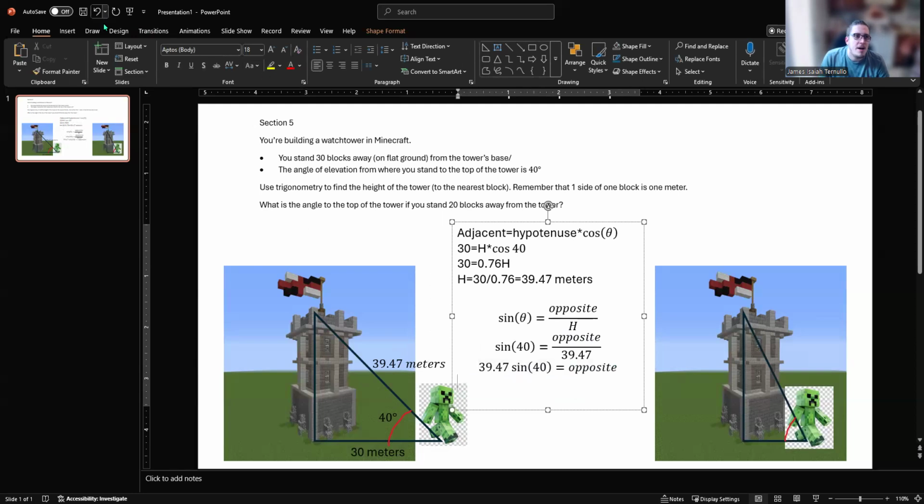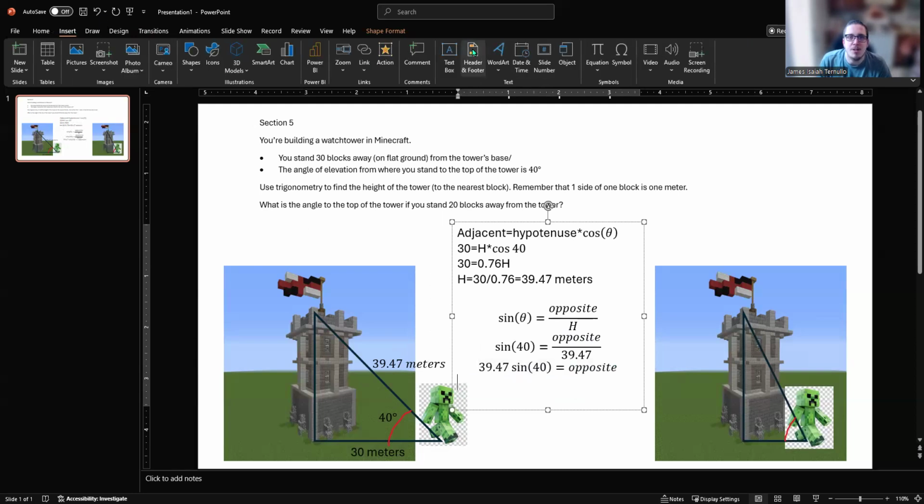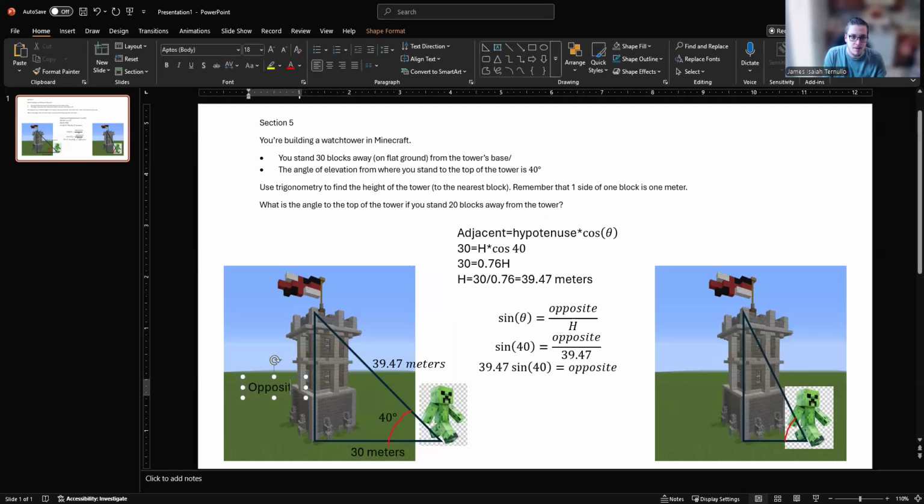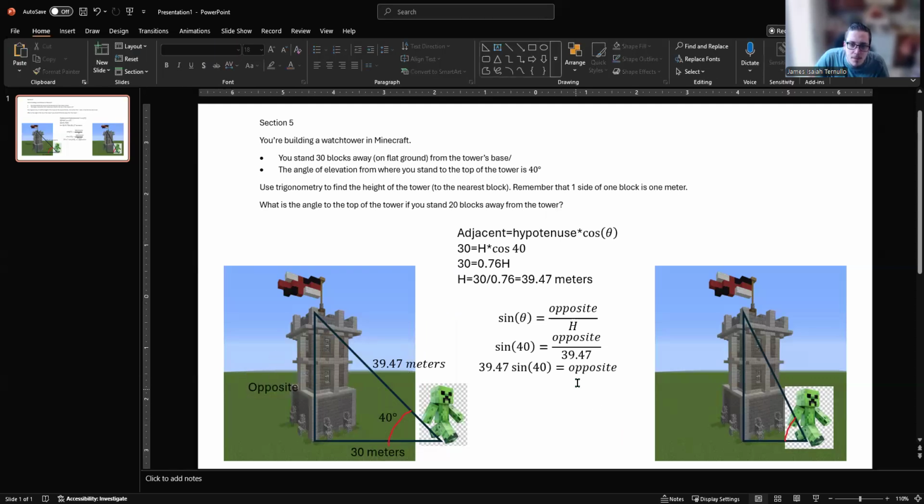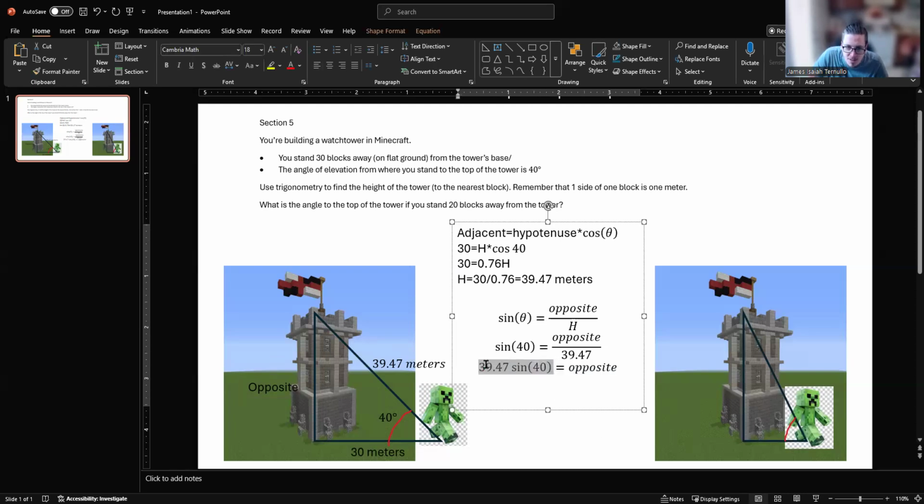Okay, so let me go ahead and make this 100% clear by labeling this side opposite. All right, so now if we take this expression here and we plug this into our calculator,